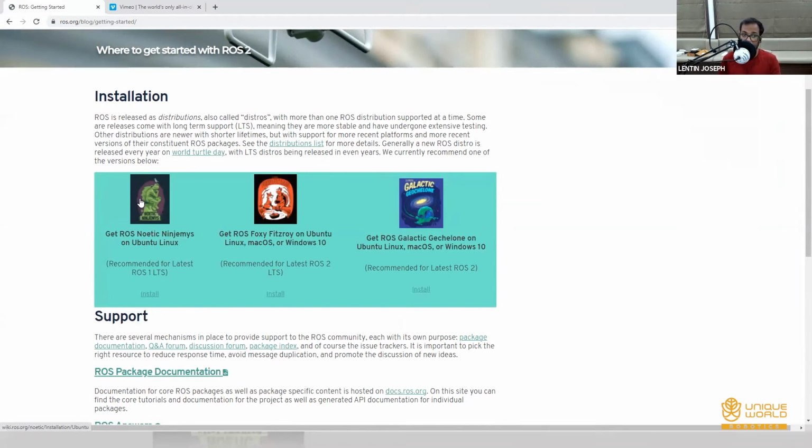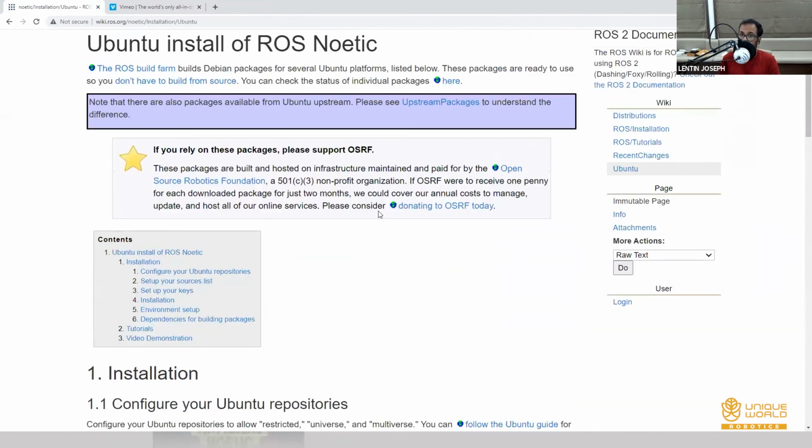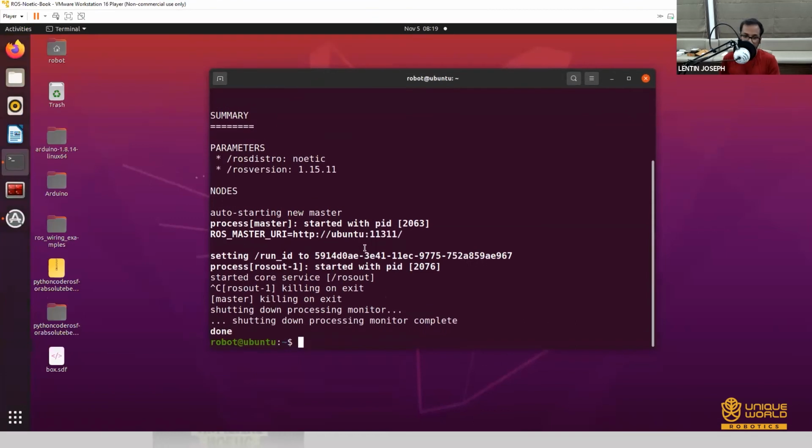ROS 1 is stable, ROS 2 is the latest, but I will not say it's too stable. If you want to work with ROS 1, ROS Noetic is the latest version, just click it. This installation instruction is for Ubuntu-based installation, so you need an Ubuntu operating system.